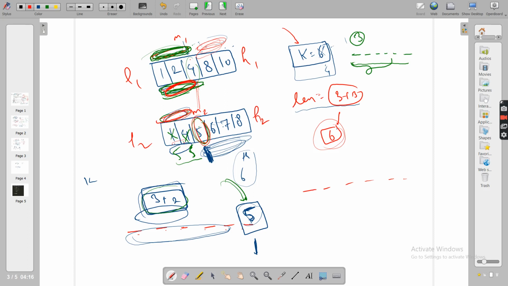Why not sure about these 2? Because if this was 4 and this was 4, then you know that these 2 will never come in the first 5, so this entire array will come in the first 5. So try to write all these different arrays and you will get everything. So these 3 elements you are sure will come within the first k, because you wanted k equals 6, and you know from this observation that none of them will come at the sixth position. So if you remove any of it, you're not removing the sixth position, so you get your answer. But you can reduce your search space.